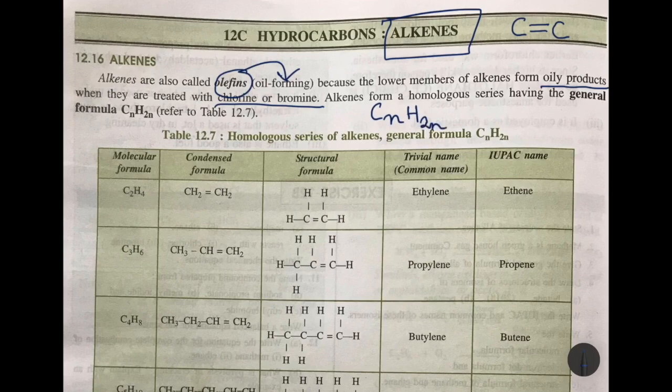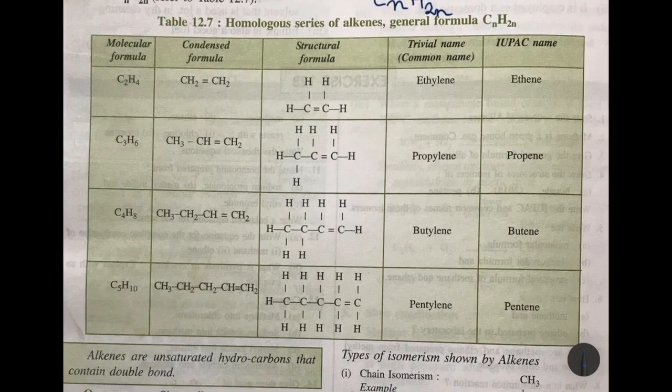Here we have the homologous series of alkenes. First we have ethene, common name is ethylene. This is C2H4. There is a double bond between these two carbons, you can see the double bond. That is why it is an alkene. Next one is propene, common name is propylene. In the structural formula, you can see the double bond between two carbon atoms. Molecular formula is